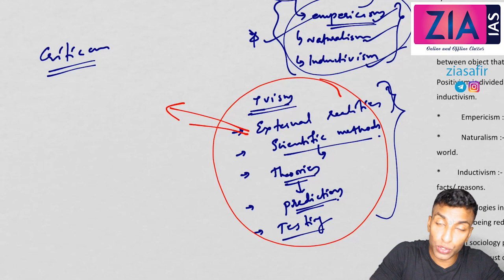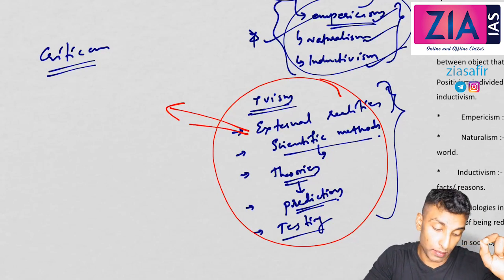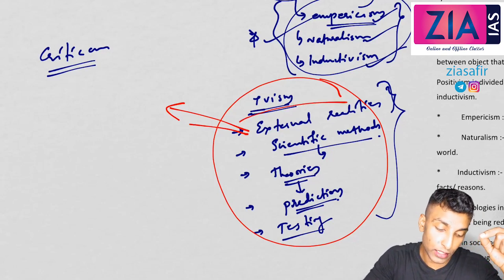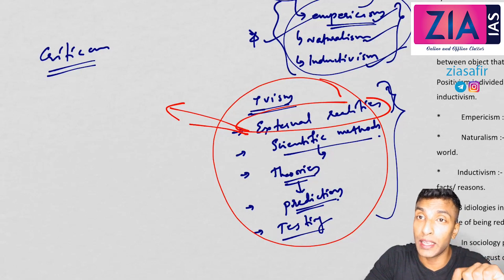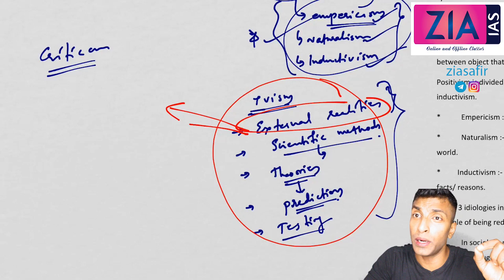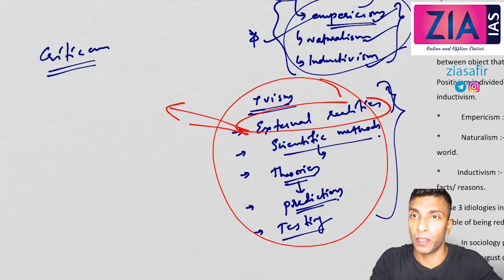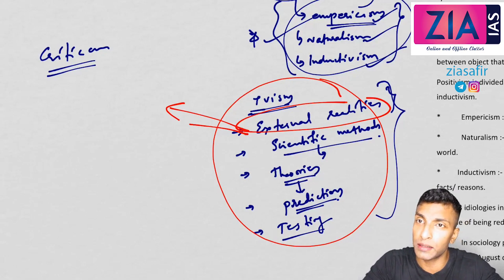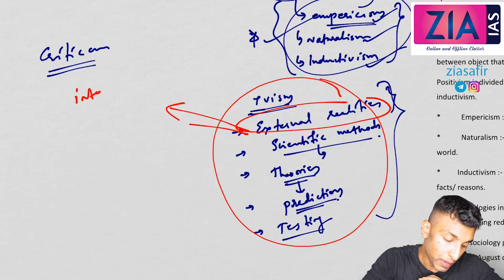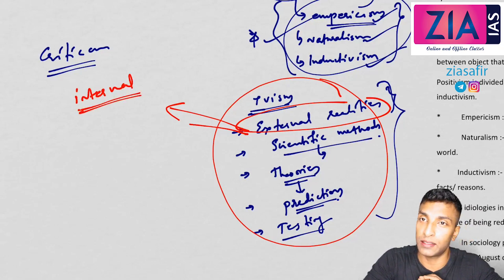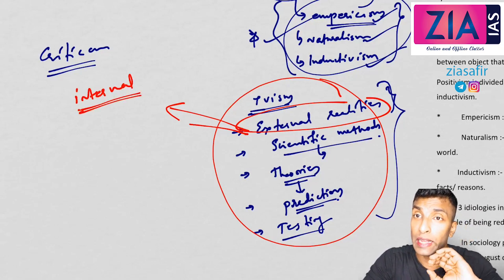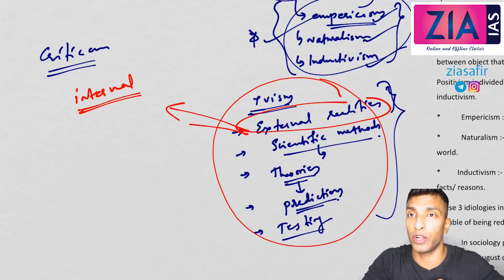So when you criticize, you have to write like this. The problem with external realities you should write, and then you also need to bring non-positivism here. How will you bring that? For example, the non-positivist perspective gives importance to internal meanings. With that, you are talking about non-positivism also. So I hope that criticism is done. First you will criticize by bringing internal meanings, because positivism is studying only external aspects. That's a partial understanding of reality.